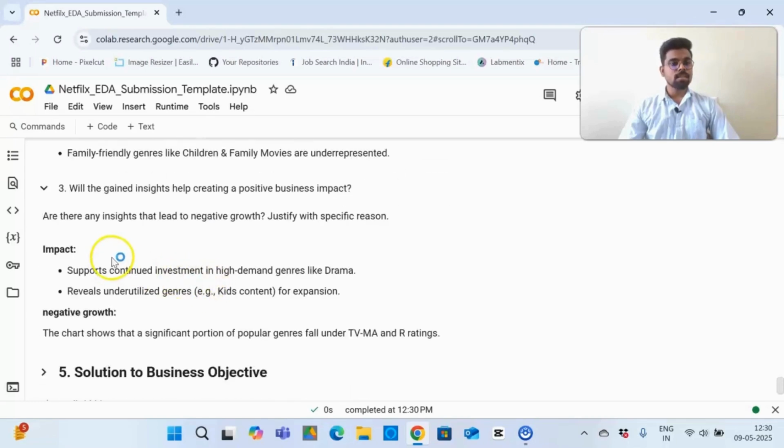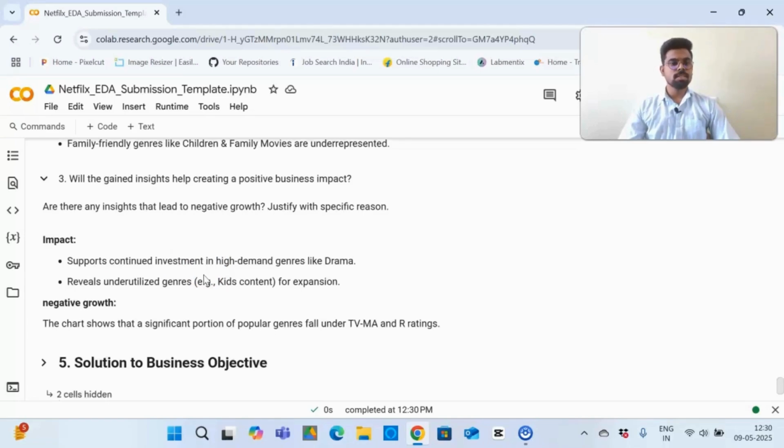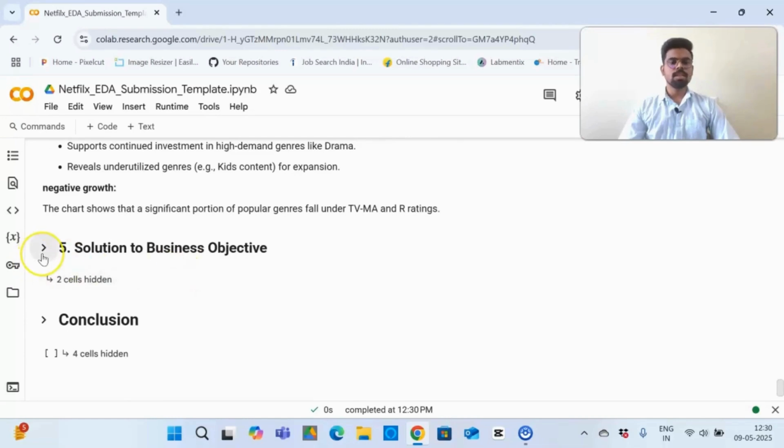And the impact is that it supports continued investment in high-demand genres like drama, and reveals underutilized genres like kids' content for expansion. And is there any negative growth? The chart shows that a significant portion of popular genres falls under TV-14 and R ratings. So these are the different types of visualizations or charts I've used in this Netflix TV shows and movies EDA